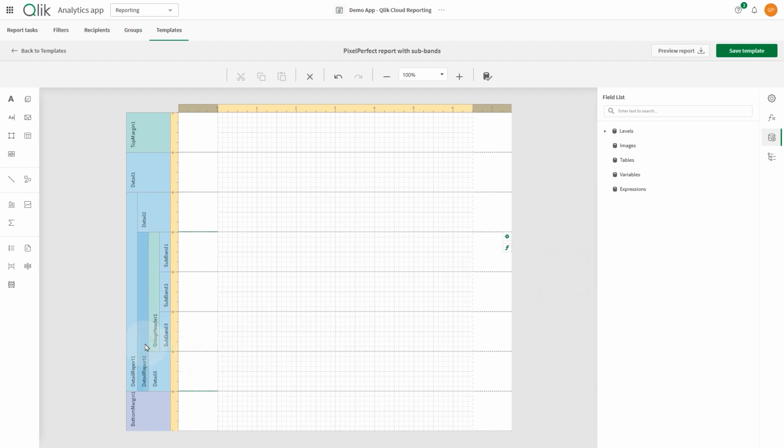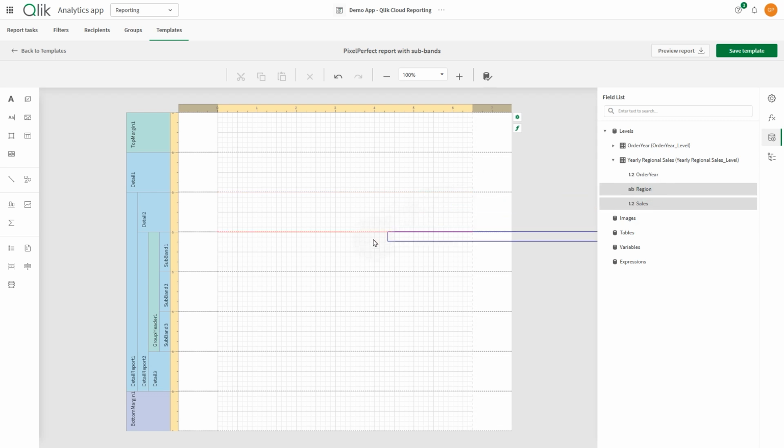Next, select the Detail Report 2 band and click the gear icon. In the menu, select the Yearly Regional Sales level as the data member. This binds the table structure to the source data for the chart. In the Field List menu, expand Levels. Within the Yearly Regional Sales level, drag the region and sales fields onto the Detail 3 band located below the